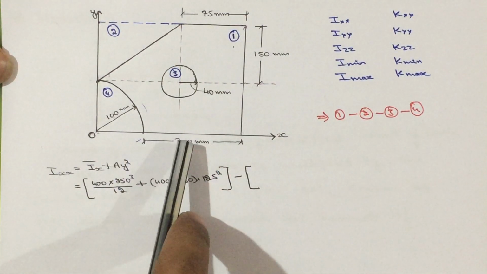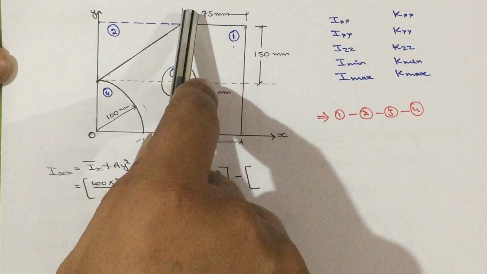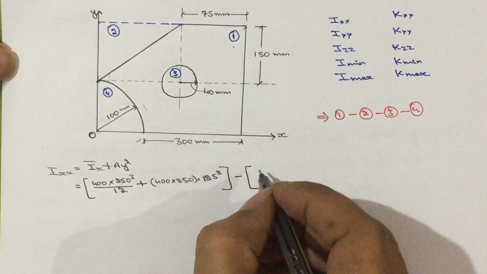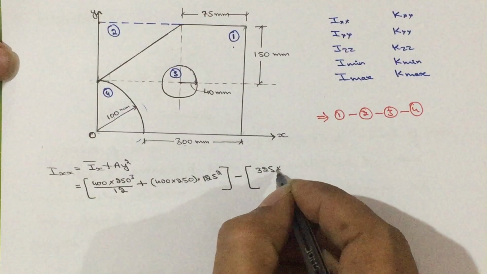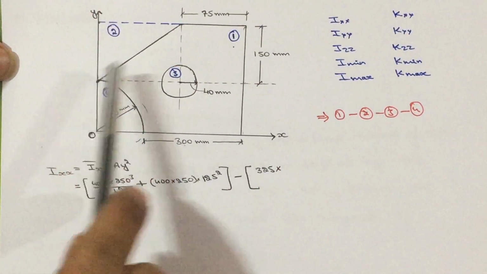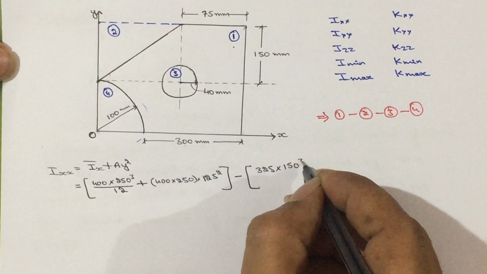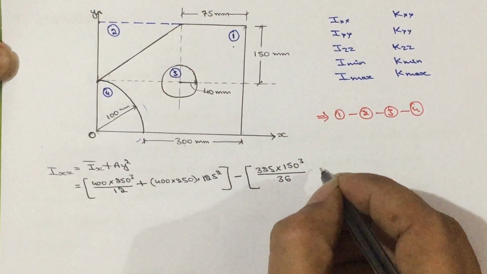The total we know, 300 plus 100, is 400. From the 400, if you deduct 75, you are left with 325. So, b is 325 and h, from here to here, the height, will be 150. So, b h cube divided by 36 plus,